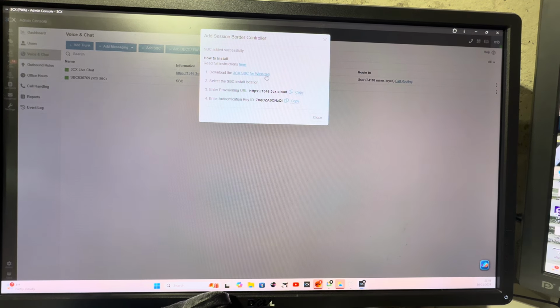3CX SBC on a separate PC, on a separate laptop that's running Windows 11 Enterprise or Windows 10 Enterprise. I tried it on Windows 11 and it was such a pain in the butt. So I wouldn't even try installing it on regular Windows 11 or Windows 10. I would try installing it on Windows 11 Enterprise or Windows 10 Enterprise. So if you do have a separate PC or a separate laptop,